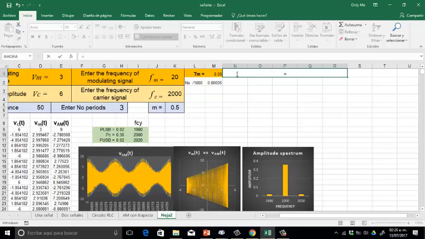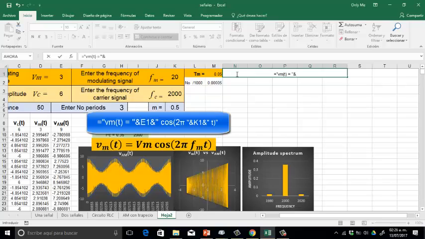equals, quotation mark, BM of T space equals space quotation mark ampersand quotation mark, excuse me, the value of the amplitude of the modulating signal ampersand quotation mark space cos parenthesis 2, and look,